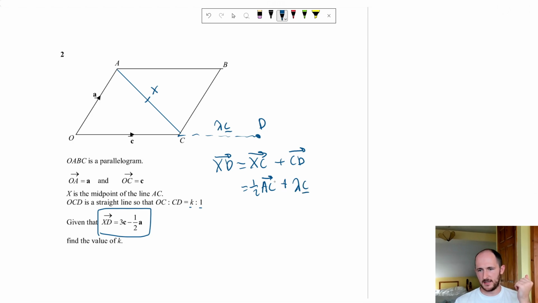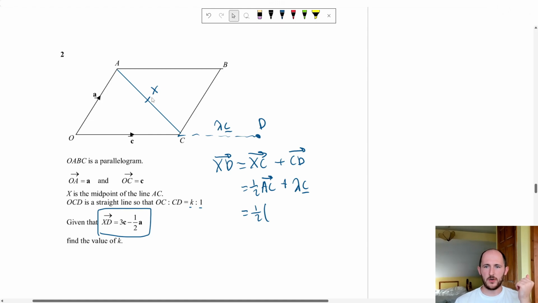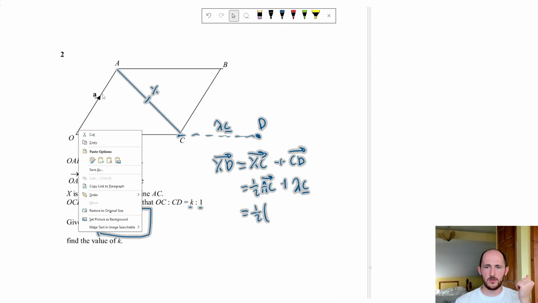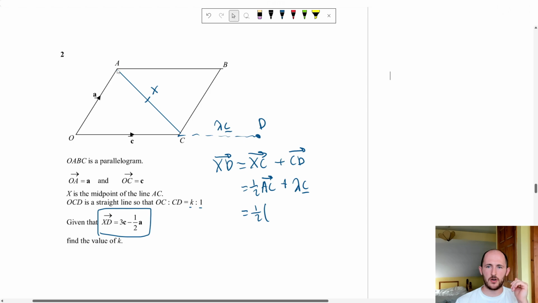Now, AC, again, just like in the last video, I need to go from A to O. Technically, I could go from A to B and then B to C. It doesn't make a difference. But I'm going to go from A to O and then O to C. Again, if you go the opposite way, you get the same answer in the end. So, because I'm going in the opposite direction to this vector, I need to make it negative A. And then I'm going in the same direction as the C, so I'm going to put plus C. Plus lambda c,